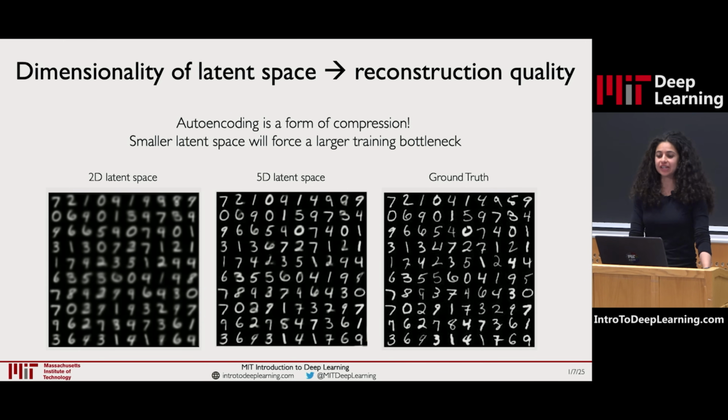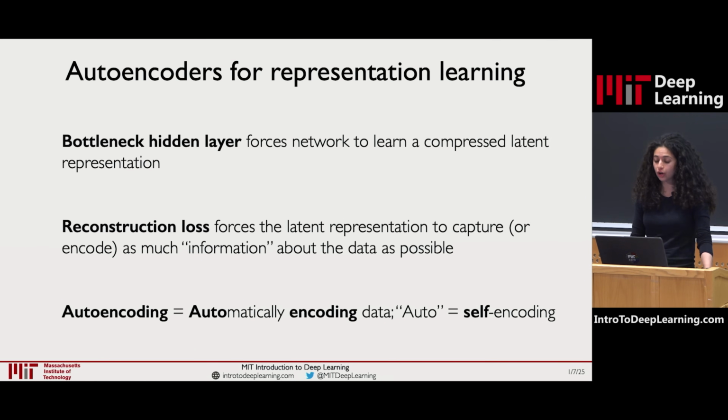So the key concept of this autoencoding approach is that we can use this bottleneck hidden layer to extract these latent features Z without any pre-specified or supervised labels, using a loss called the reconstruction loss